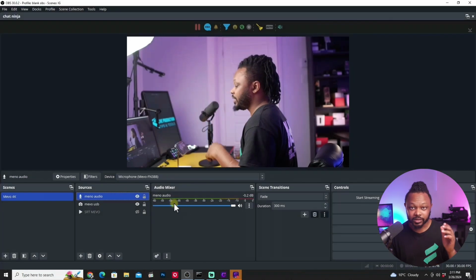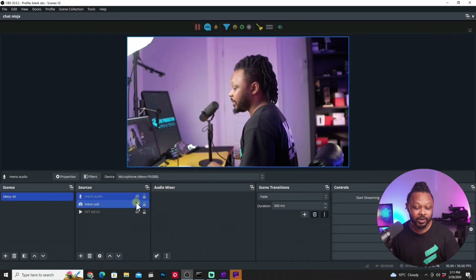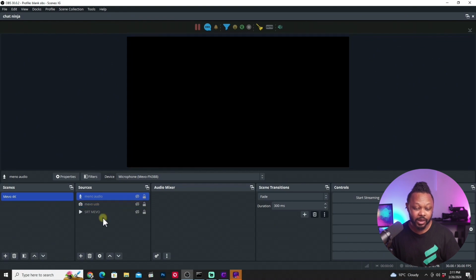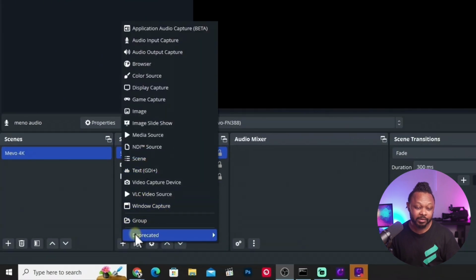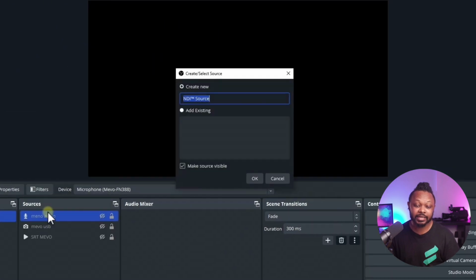So once you have it installed, open OBS. I'm going to hide everything that we have here, and under whatever scene you want to add it to, you're going to click the plus sign, and then go to this one here. It's going to show up. This is the NDI plugin that we just installed. It says NDI source. We're going to add NDI source, and for this one we can call it Mevo NDI, and